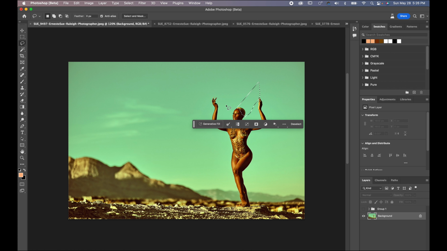Actually, let me redo that because I just realized I caught her fingertips there and I don't want to do that. So let's do that one more time. All I want is to select her head and a wide area because I want the crown to fill in that area that I just selected. Okay, so what I'm going to do here is simply click on Generative Fill,